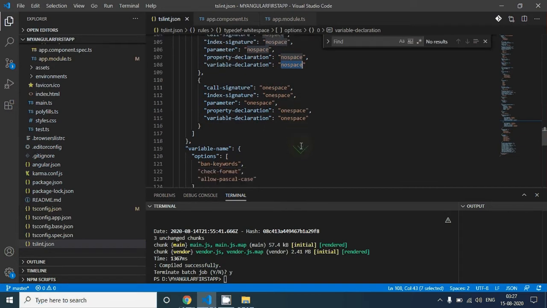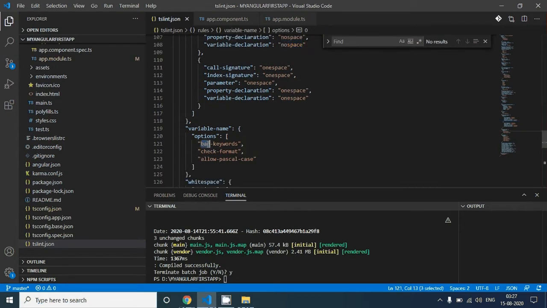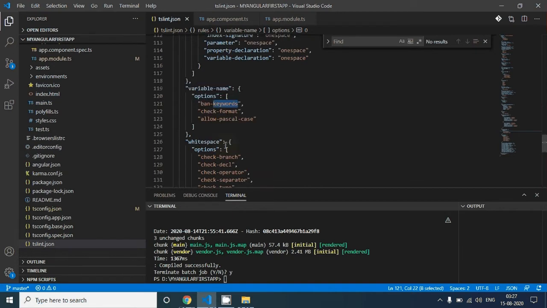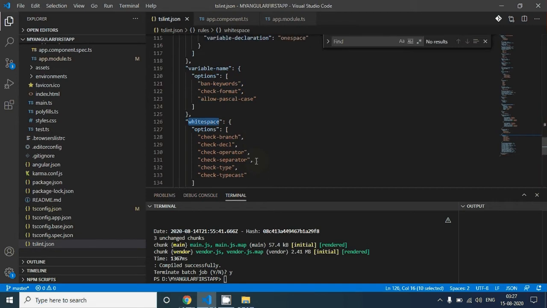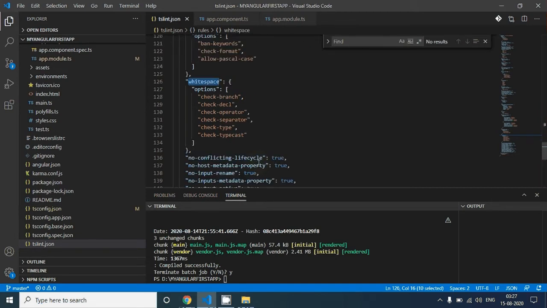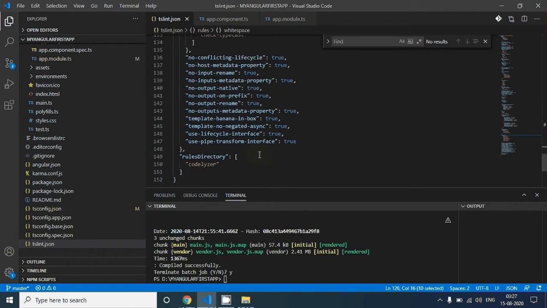You have n number of banned keywords, so if you try to use such a keyword in your application, it will throw a linting error. Again, the whitespace. These are all options that you can set in your tslint file. Again, if you want a separate tutorial for this linting file, please write in the comment box.